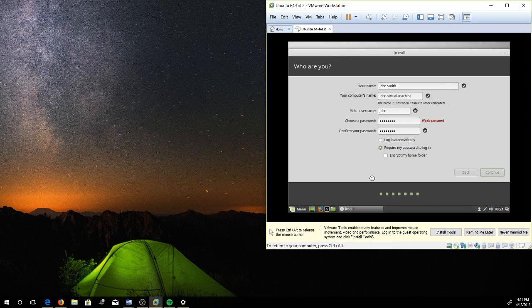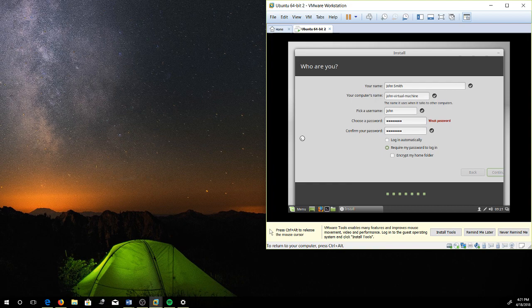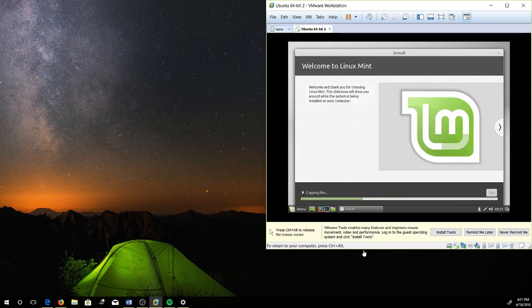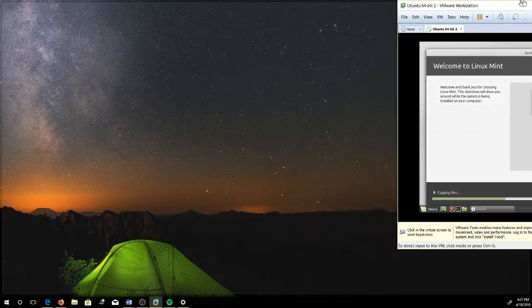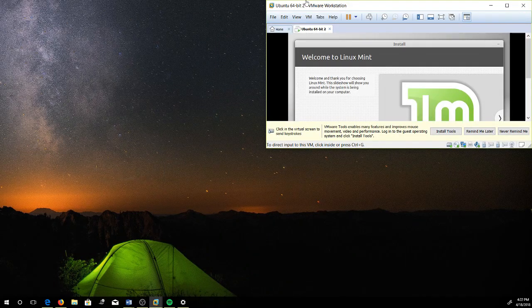And while that's working, again, it's going to go a little bit slower because it's operating a machine inside of my machine. Right now, it's currently going to install the Linux Mint operating system inside of my machine. Now, while that is installing, I'm going to give you a demonstration of maybe another potential operating system you may want to use. By the way, VMware is an installed machine. This costs money. I don't remember exactly how much. Again, I'm using a license. So because of that, I went ahead and went to